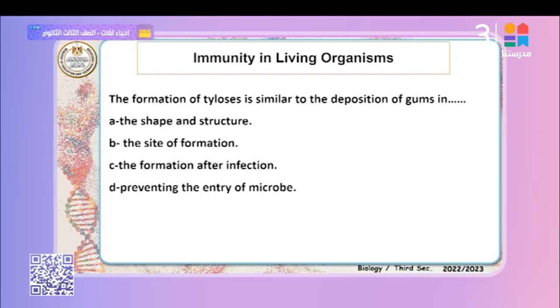Another question. The formation of tylosis is similar to the deposition of gum in what? The shape and structure? No. Tylosis is an overgrowth of protoplast adjacent between parenchyma cells, protruding from the xylem vessel to the trachea. Between them, it's called tylose. It is formed to obstruct the invasion of the microbe and pathogen and obstruct the water. So it is different in shape and structure. The site of formation, no